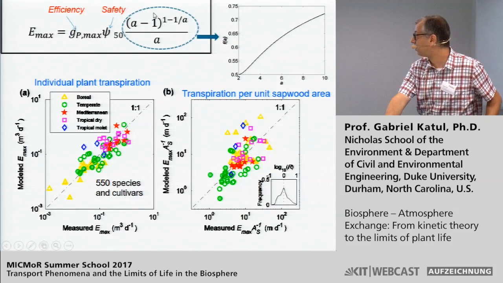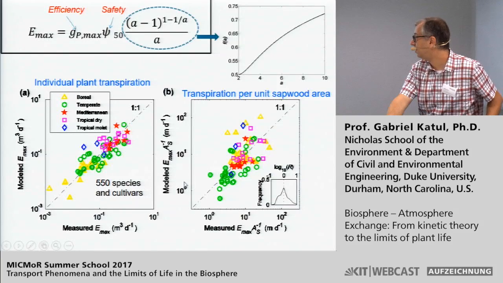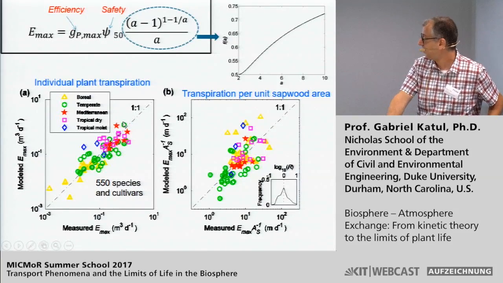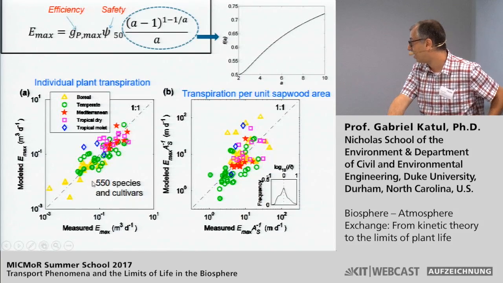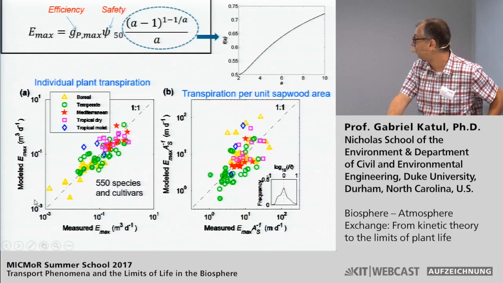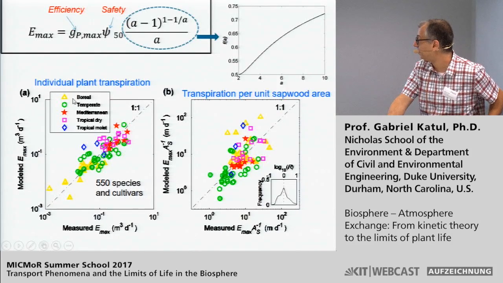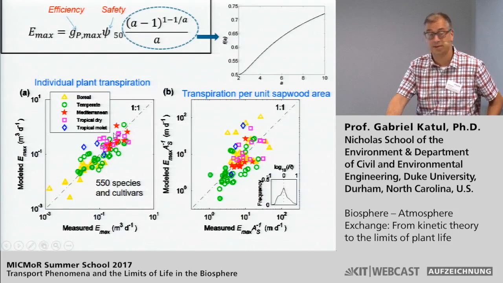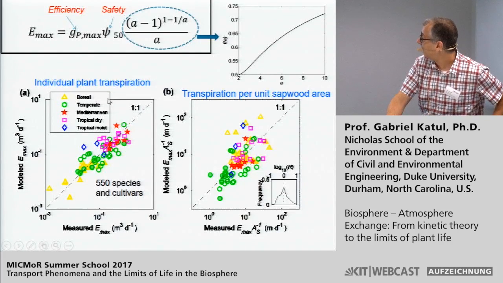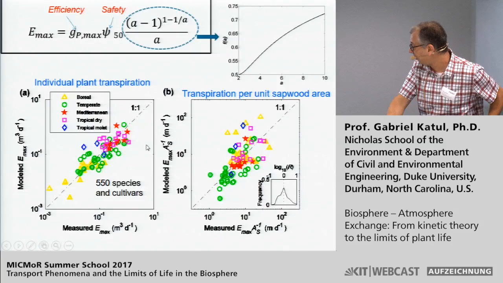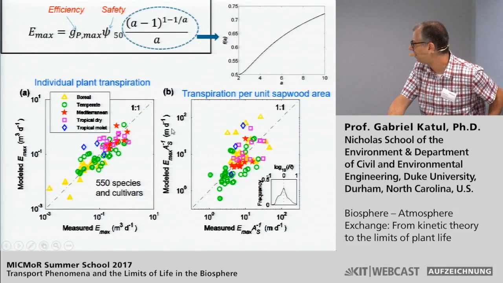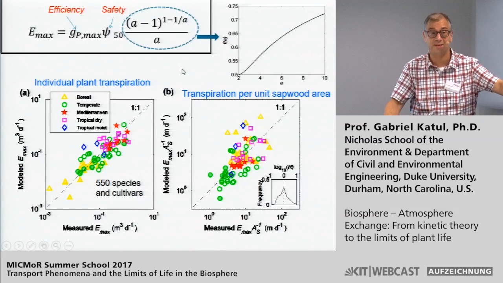So how well does this model compare to data sets? So again, Stefano is able to mine the literature big time, and he was able to derive something like 550 vulnerability curves. And then he lumped these vulnerability curves for the different species in climatic zones: boreal, temperate, Mediterranean, tropical, and tropical moist and tropical dry. And then he found what would be the maximum transpiration rates for those species. Okay, so this was completely independent measures. They're not even the same experiments, not even the same location.